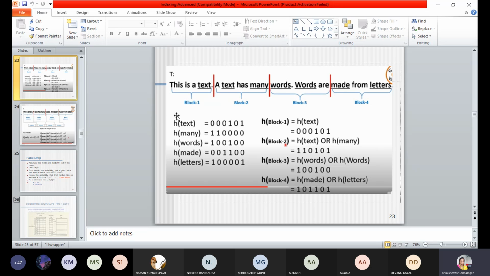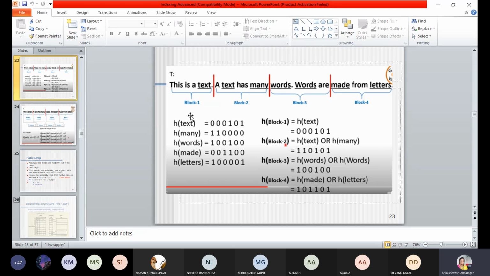You will apply a hash function, and the hash function will uniformly get applied over the words, and you will get this hash function result. So for text the hash value is 000101. For many the hash value is 110000.